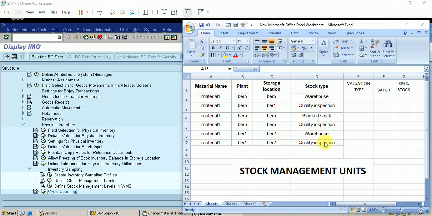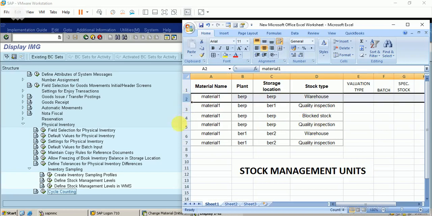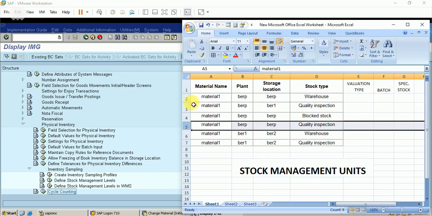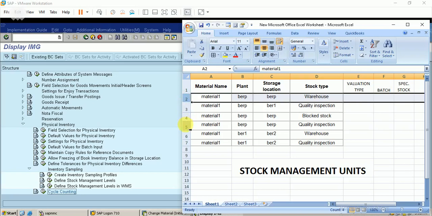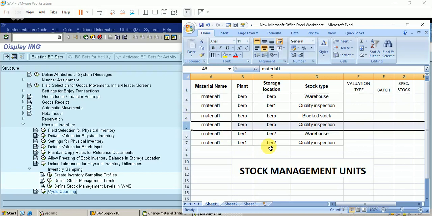So in this example, I'm going to do the physical inventory for the material that is available with this storage location but has a different stock type. Some quantities will be available in unrestricted storage location, and some in the quality inspection area. So I'm going to process this, and the second one and fifth one I'm going to process in this video.